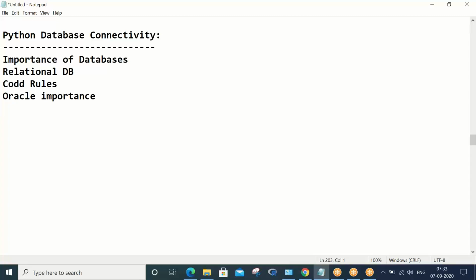We understood that 12c Release 1 or 2 is what we need to work on, which is cluster oriented, the latest versions of Oracle.